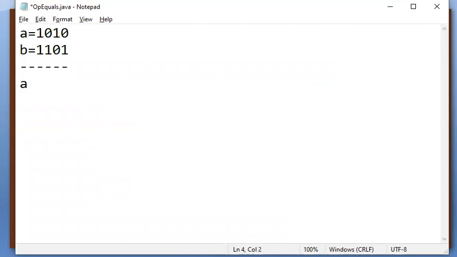A and B. Otherwise it is 0. So in this case, we get the answer as 1 0 because both the inputs are 1, then only the resultant is 1, otherwise it is 0. If it is A or B, then if either of the numbers is 1, the resultant is 1. So in this case, you will get all ones.